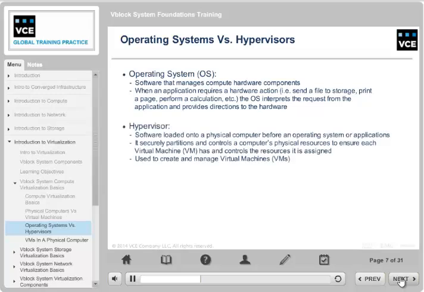In contrast, the hypervisor is software that is loaded onto a physical computer prior to the operating system and applications. It is used for creating and managing virtual machines on the server. The hypervisor securely partitions and controls a computer's physical resources to ensure that each virtual machine has and controls the resources that it needs. Once a virtual machine is created, an operating system is loaded onto the virtual machine. In effect, the hypervisor makes it appear that each operating system is running on a dedicated physical server, while in reality they are running in a virtual machine that can run alongside other virtual machines, sharing the resources of a